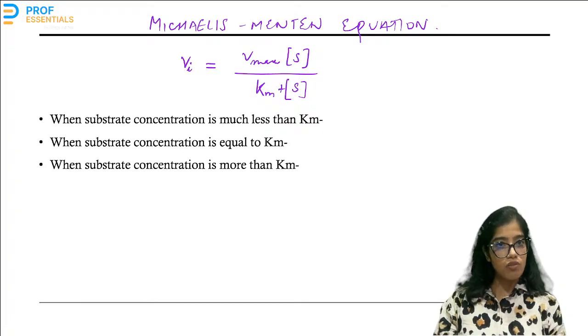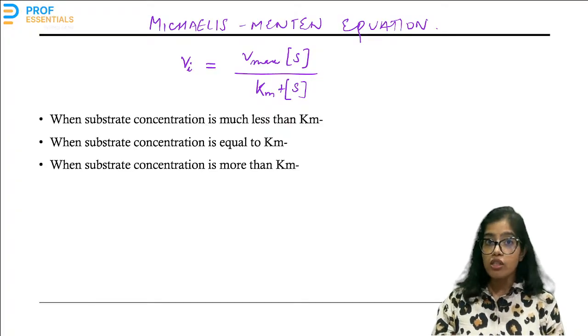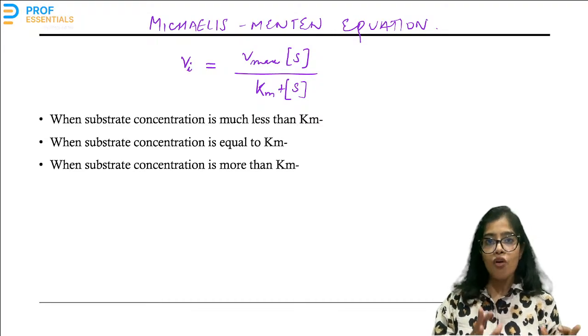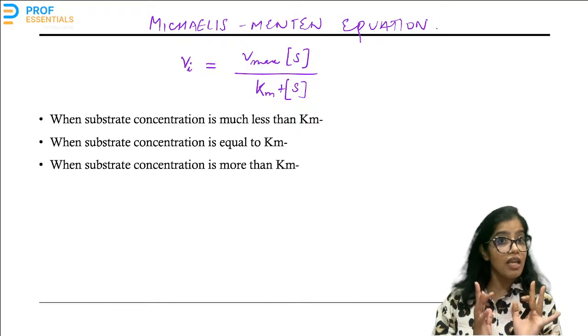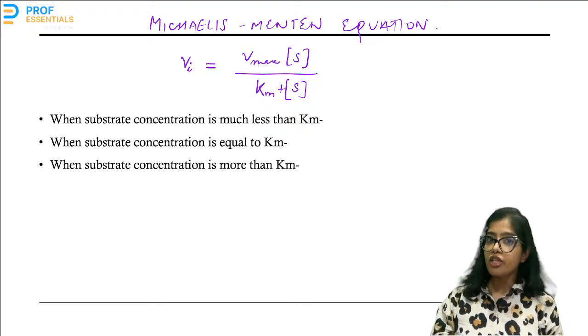The initial velocity of a reaction is equal to the maximum attainable velocity of that reaction at a particular enzyme concentration multiplied by the substrate concentration at that particular time, divided by the substrate concentration at which half of the maximum possible velocity for that reaction is attained for a given enzyme concentration, plus the substrate concentration at that